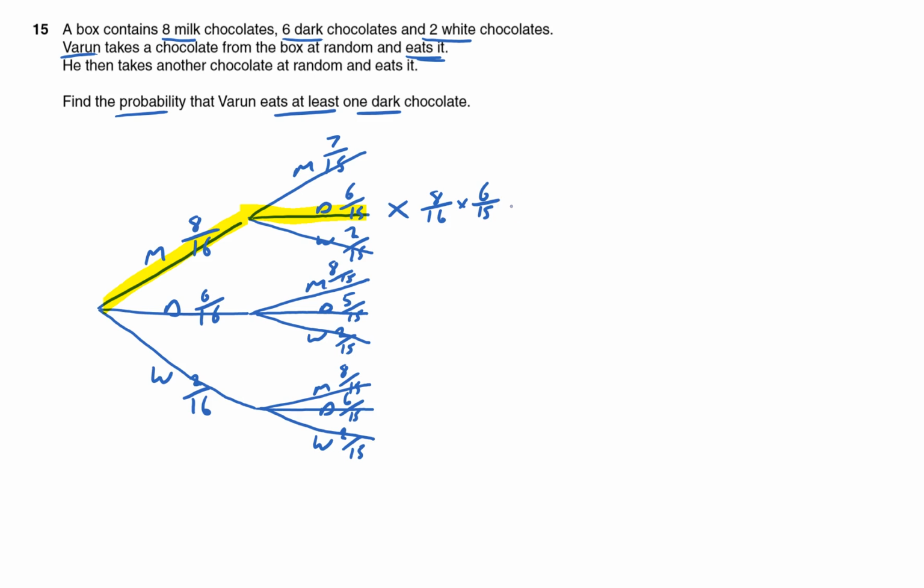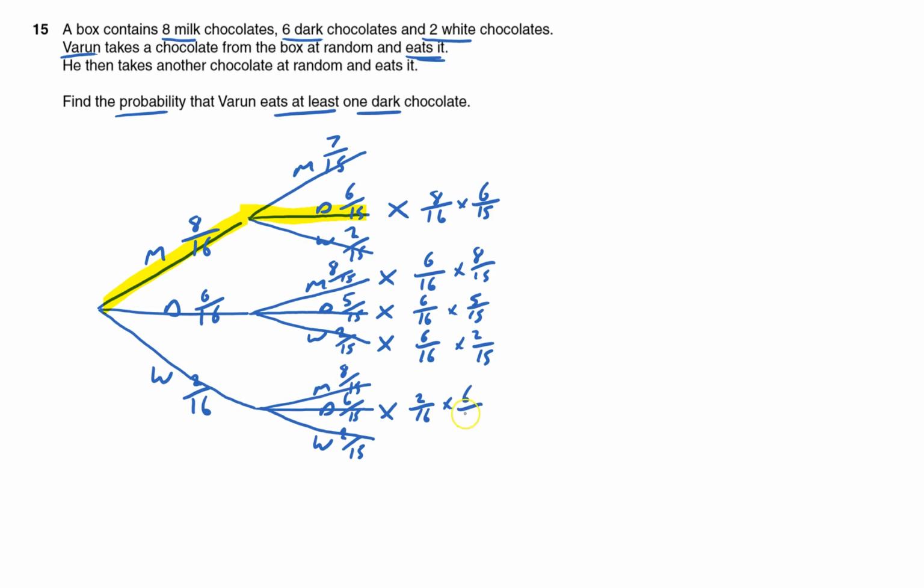And what other routes can we do? Obviously dark can be followed by the milk. It could be dark followed by dark, because that's actually 2 darks, and that is at least 1 dark. Or dark followed by white. And finally white followed by dark. And each of these I have to times the probability together. This is not going to be much fun without a calculator. So that'll be 8/16 times 6/15, that'll be 6/16 times 8/15, 6/16 times 5/15, 6/16 times 2/15, and finally 2/16